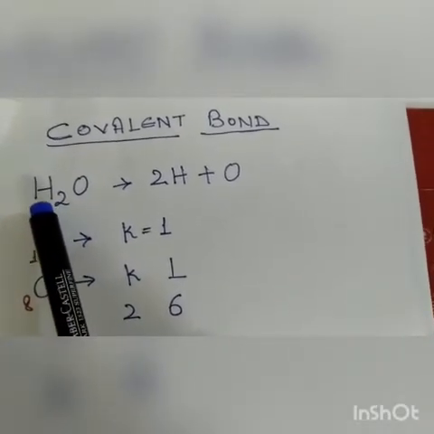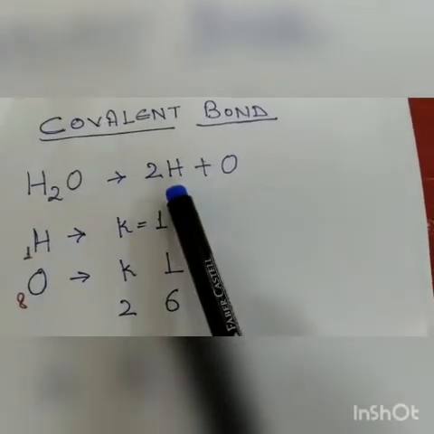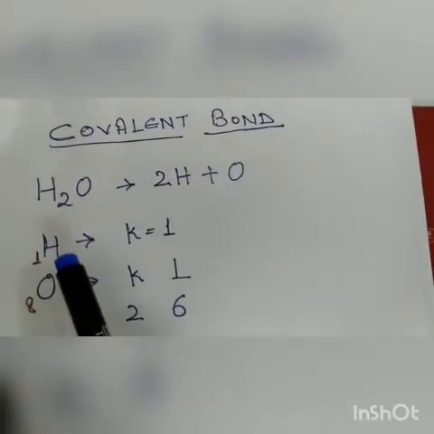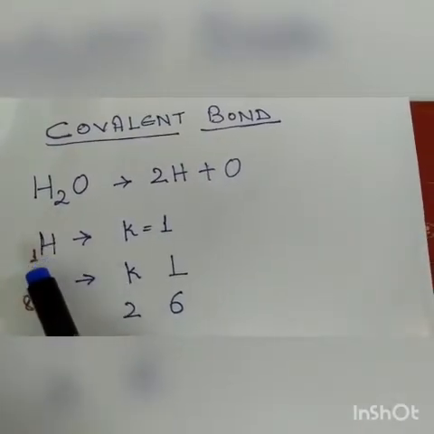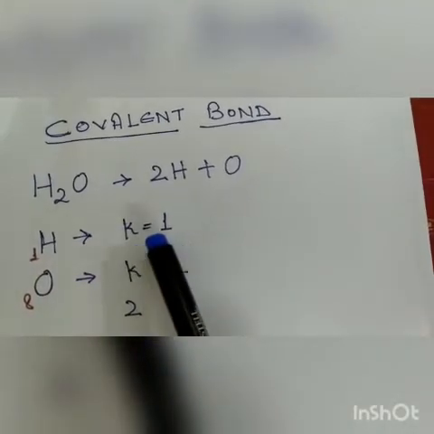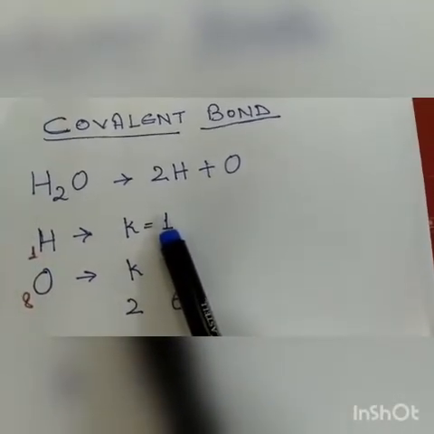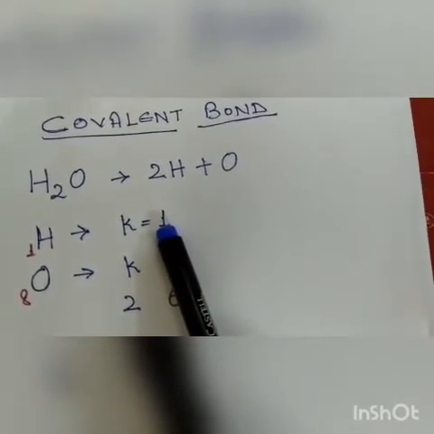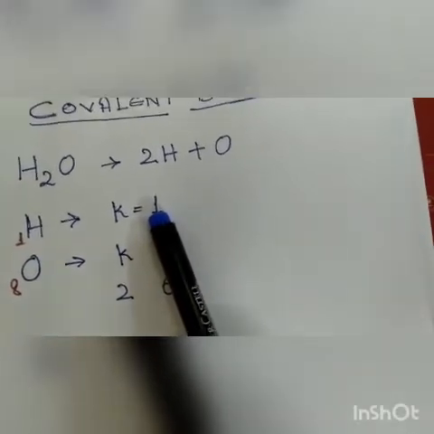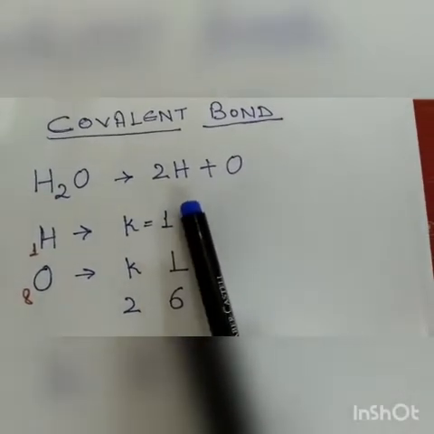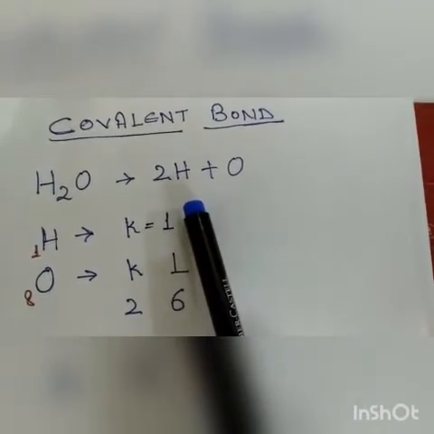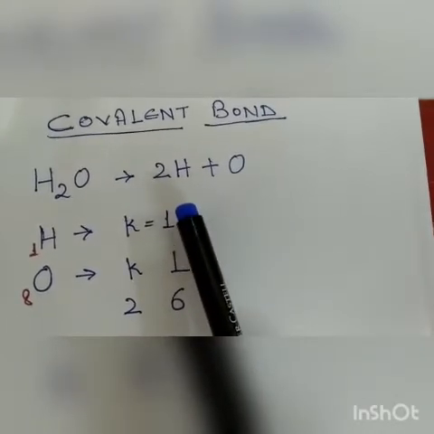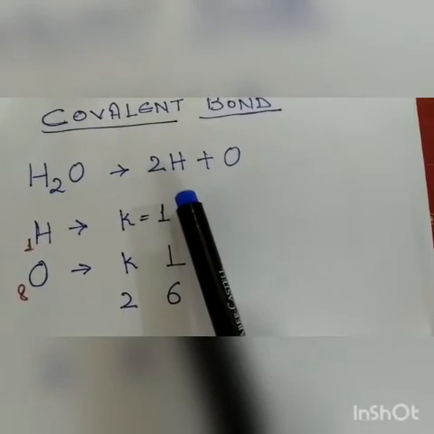So this is one molecule of water which contains two hydrogen atoms and one oxygen atom. Now this is hydrogen. The atomic number of hydrogen is 1. Electronic configuration is that in K shell it has 1 electron. So it needs one more electron to complete its first shell, because in the first shell there are 2 electrons. There are 2 hydrogen atoms, which means the other hydrogen atom also needs 1 electron to complete its first shell. So in total the 2 hydrogen atoms need 2 electrons.